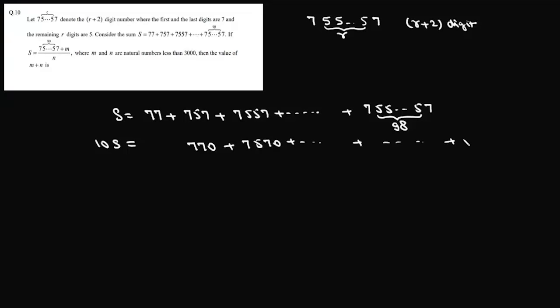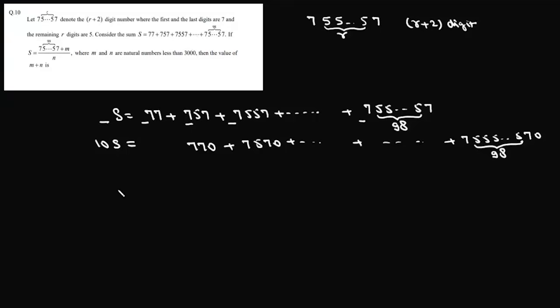And this term here will be 755570. So here we have 98 5s and then we have 70. Now what we'll do is we'll subtract first from second. So if we subtract first from second,